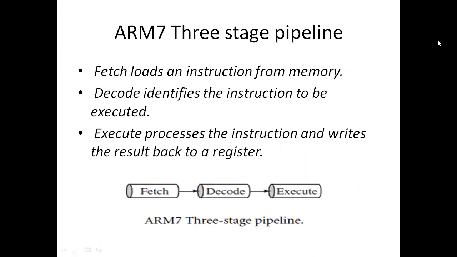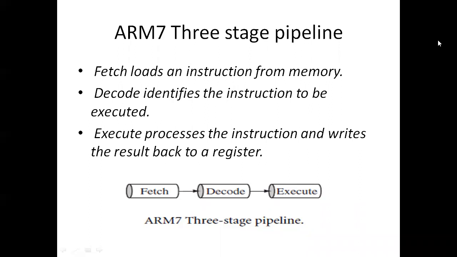So various families of ARM processors have different stages of pipeline. Some will have 3 stages of pipeline, some will have 5 stages of pipeline. Actually, this processing has been split into separate processes in order to improve the execution speed of the processor. Now we will discuss the ARM7 family microprocessor, the ARM processor pipeline mechanism.